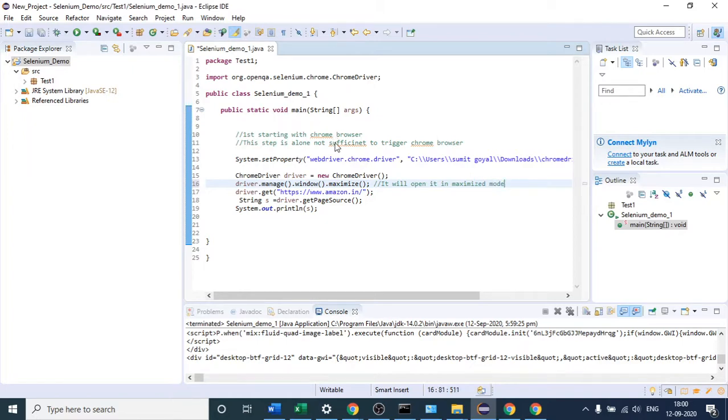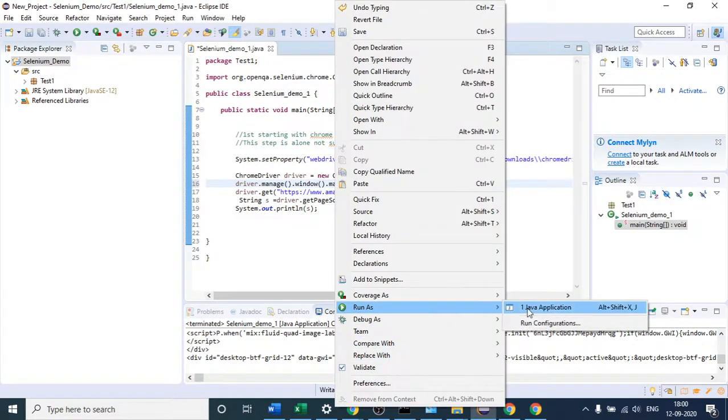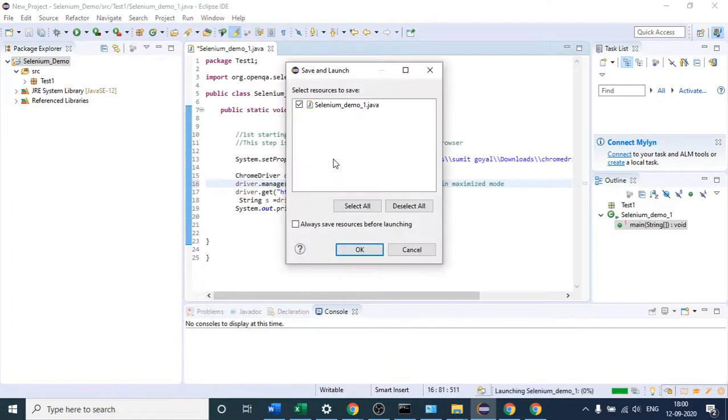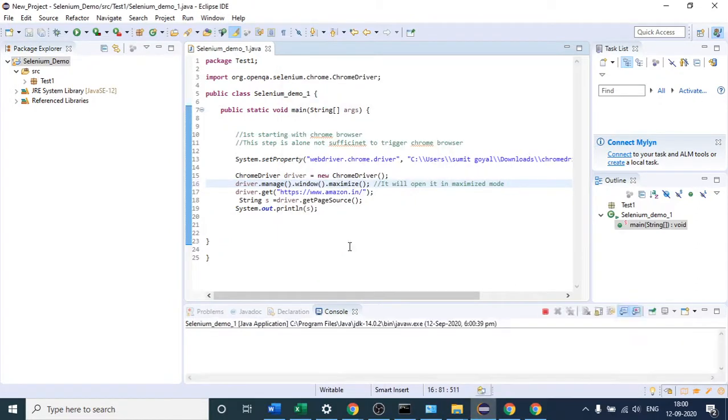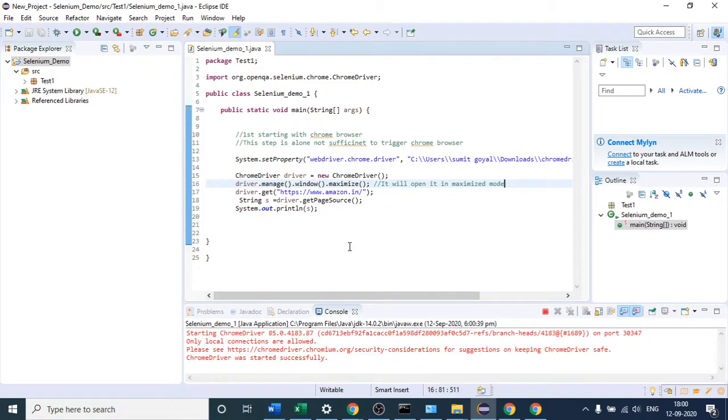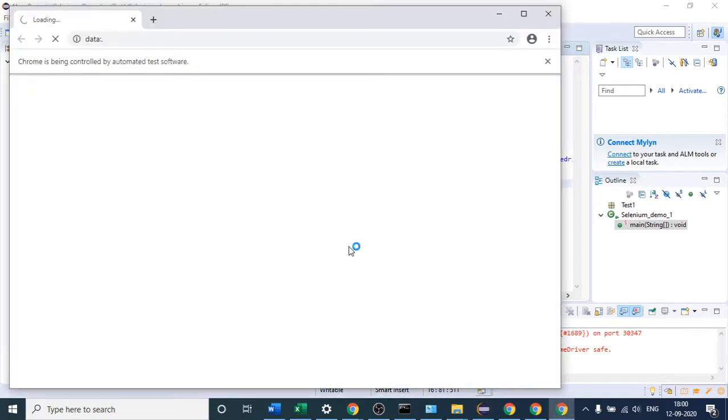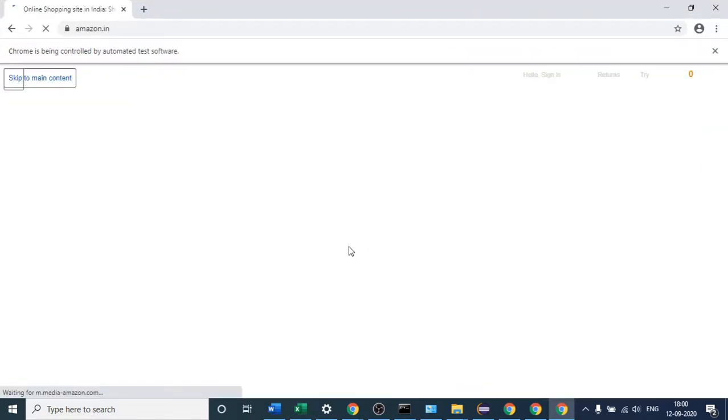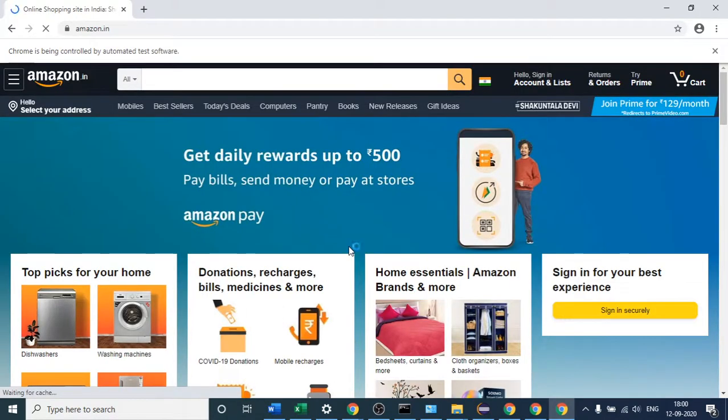Let me try to run this, whether we are getting the correct output or not. This time, Chrome browser will run in maximized mode. You can see it has automatically maximized, and then whatever code you have written will be executed.